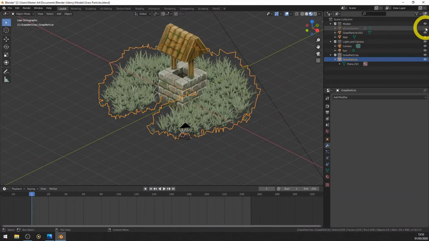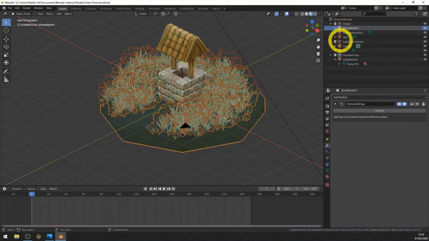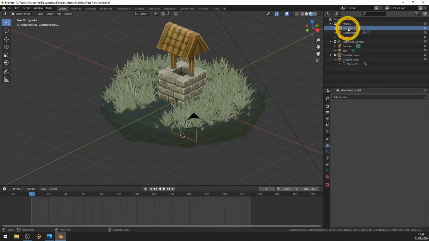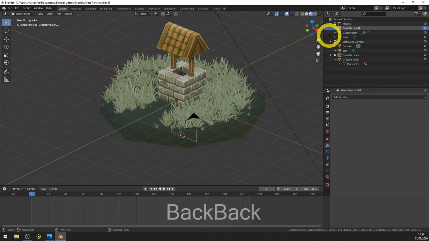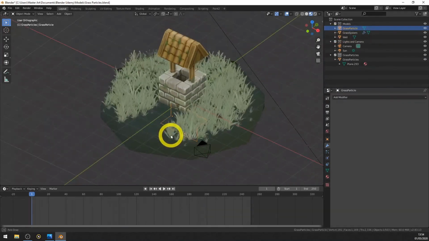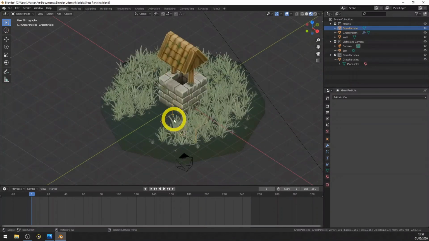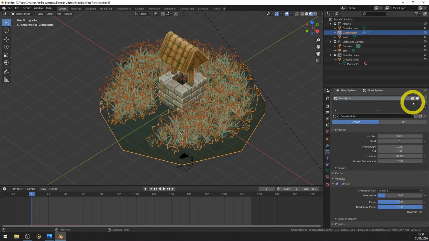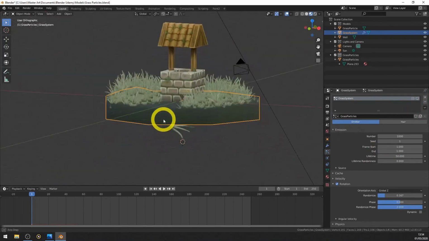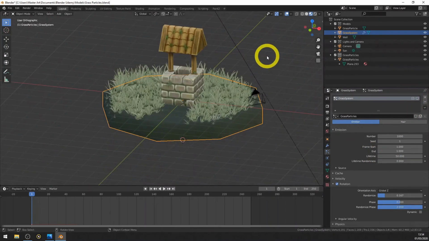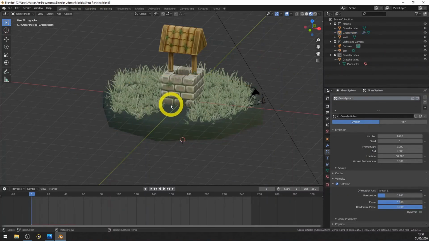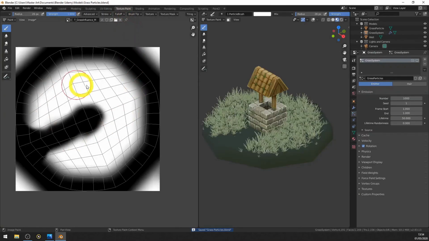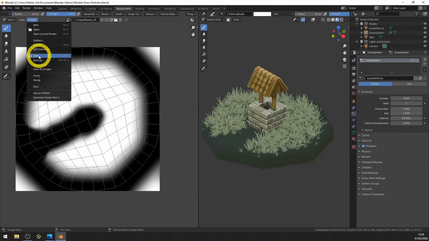Unhide the floor plane and delete the A here. And let's rename the original grass particle object grass particle, like so, because it changed its name because we had duplicate names somewhere during this process. Okay, so let's see. We have the original grass system still there. Don't delete it, hide it with this button here. And we do that because maybe later on we will want to change our particle system, and then we can still do that. Now let's save our project and let's save our texture,